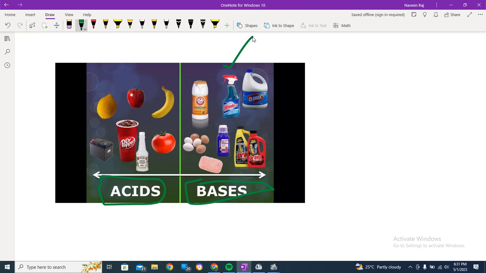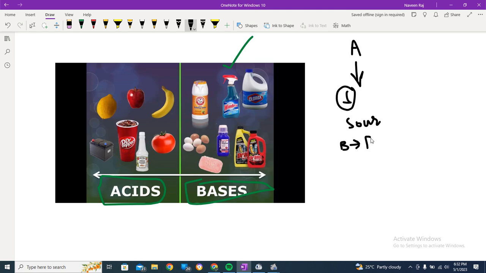Now what the classical theory says in detail is that an acid is a substance whose aqueous solution is sour to taste. Now let me describe the properties of acids. Acids have solutions which are sour. This is very important. And this theory stated that acids are sour to taste, and they convert blue litmus to red,